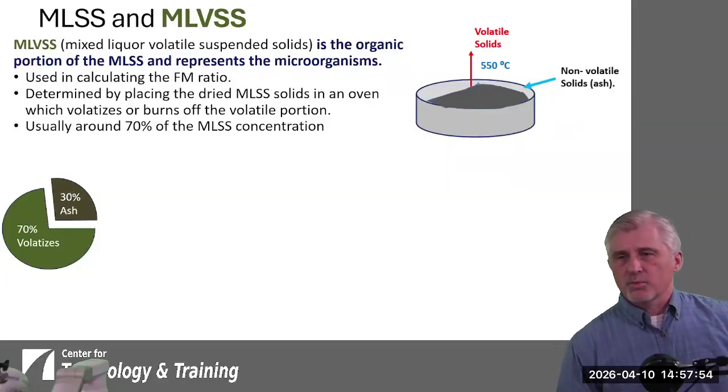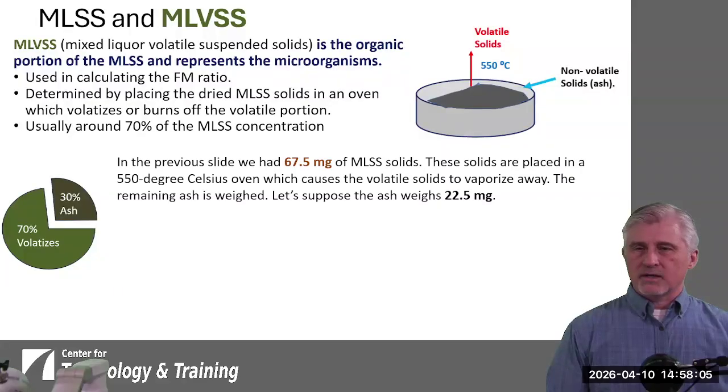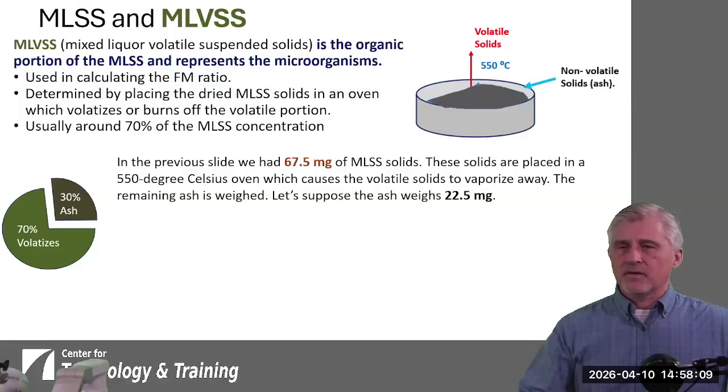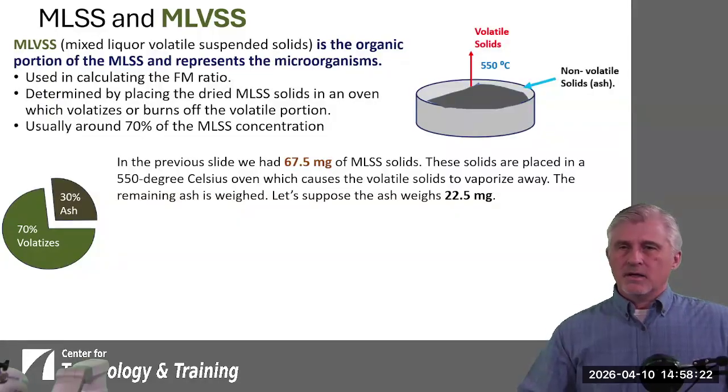With the other 30% being ash. So that's going to remain once we go through this process. The ash stays behind. So if we look at our previous example, we had 67.5 milligrams of MLSS solids, and we placed that in our oven. We heated it up to 550 degrees Celsius, and those volatile solids vaporized. They went away. The remaining ash, if we weighed that,